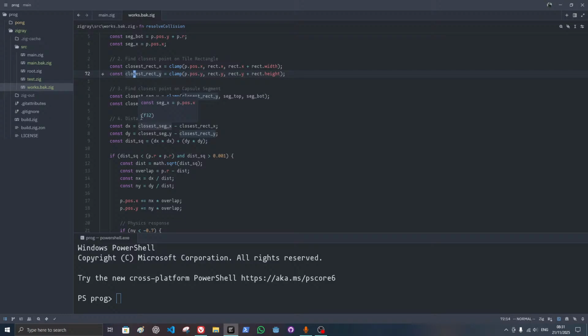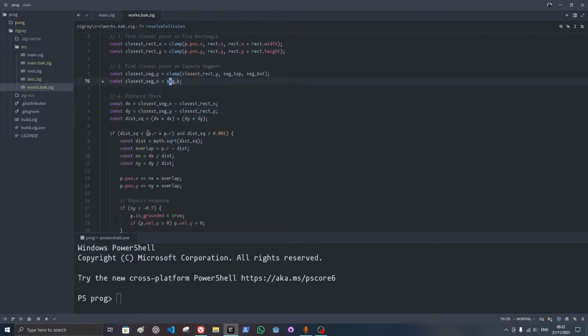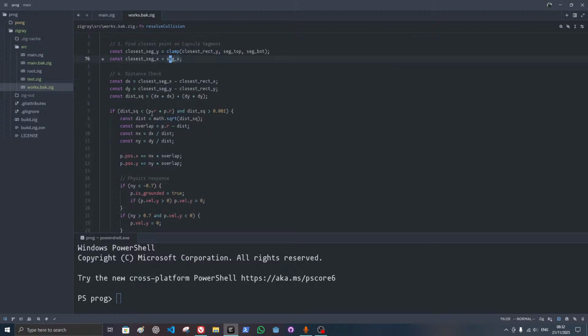So why does this work though? Find the closest point on the capsule segment, which is basically a line. You consider a line, you find the closest point on the line. You check the distance. If the distance is less than p dot r,